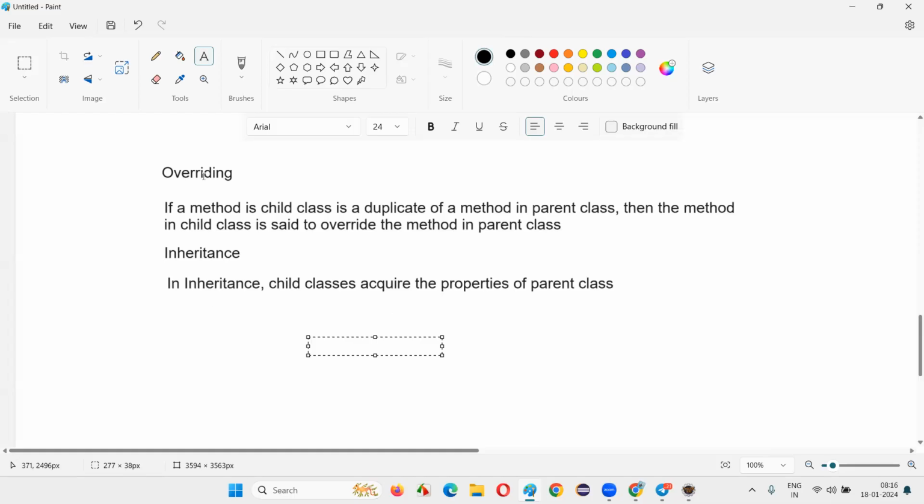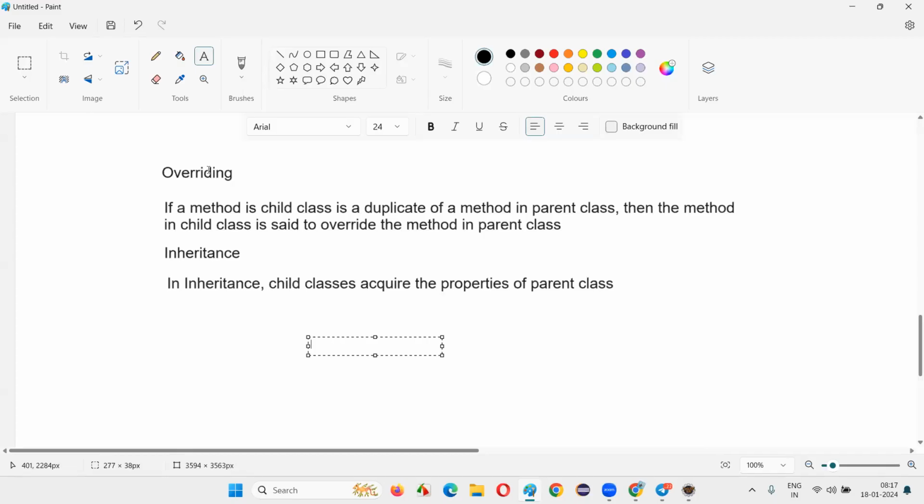On top of inheritance, we have overriding. We are giving flexibility for child classes not to blindly inherit the properties from the parent class. Rather, if a few of the child classes want their own implementation for those methods in the parent class, instead of blindly inheriting and using them,